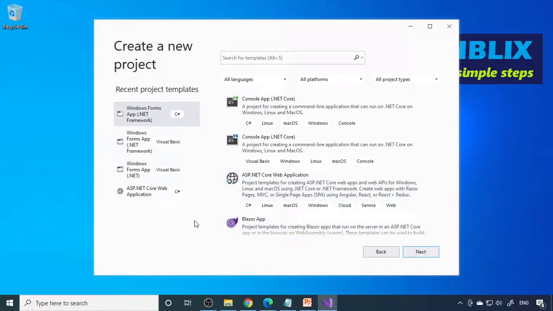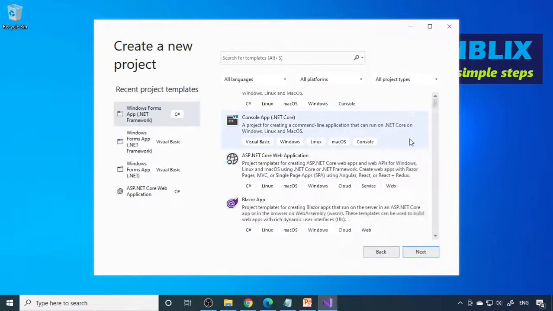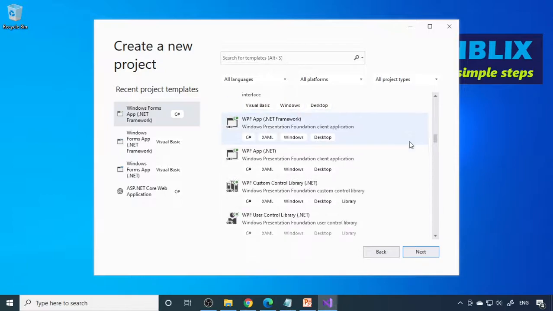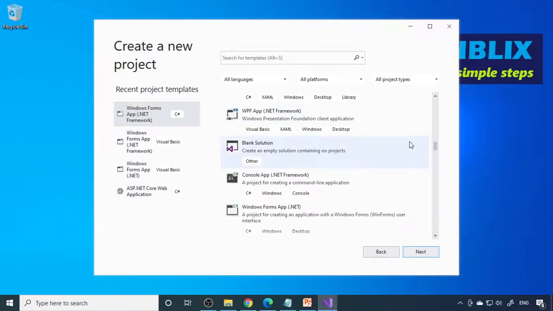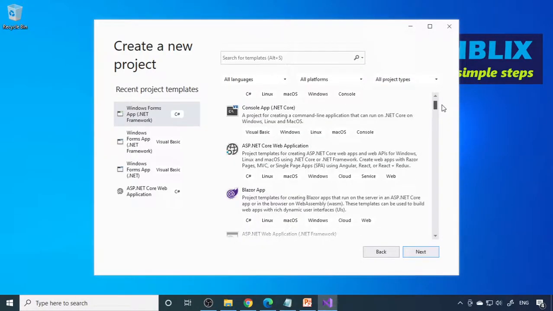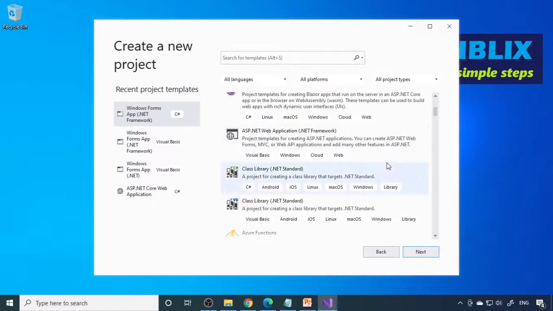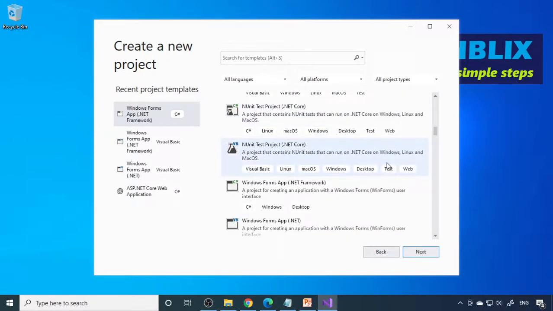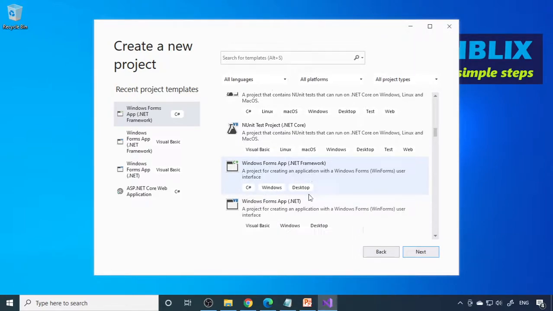When you click new project, there are so many different types of projects we can create. Now we are interested in a Windows desktop application using the C# language. So you need to check for the correct project. There are so many projects, so you need to check exactly what type of project you need to create. That is Windows Form .NET Framework. So you need to select the Windows Form .NET Framework C# project. In case of Visual Basic, you need to choose Visual Basic.